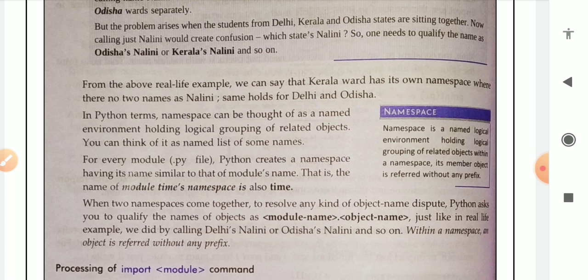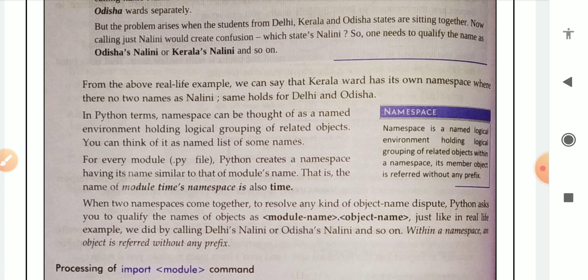In Python terms, a namespace can be thought of as a named environment holding a logical grouping of related objects. You can think of it as a named list of some names. For every module .py file, Python creates a namespace having its name similar to that module's name.